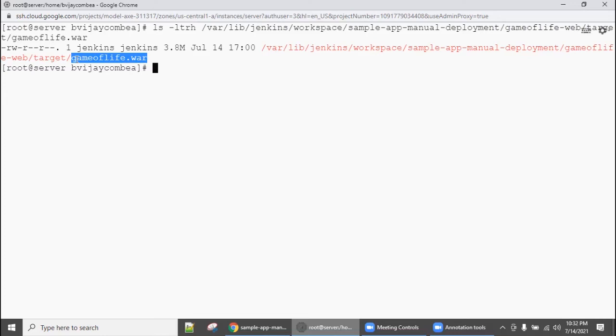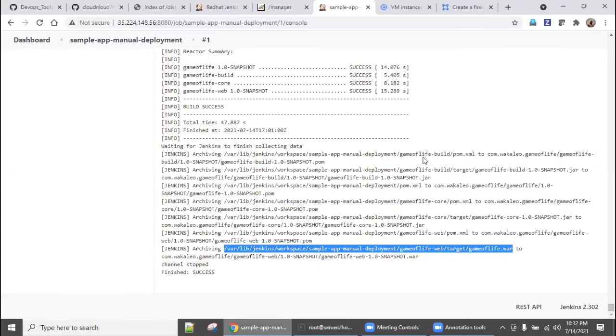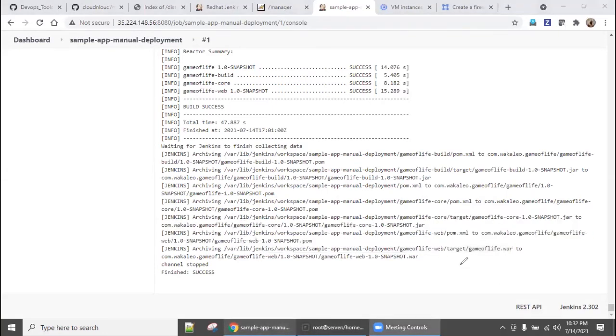So in the next class, we are going to do the same, but additionally we are going to configure a web application server, and make sure that the moment it finishes this step, automatically the next step should start.